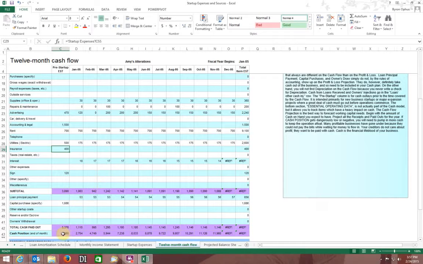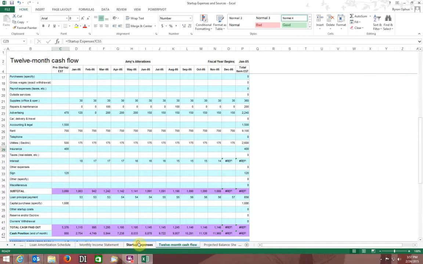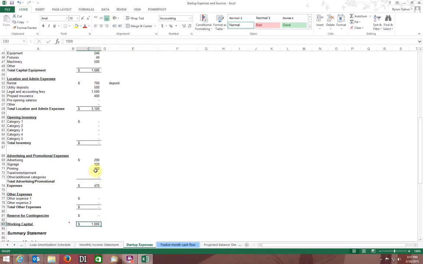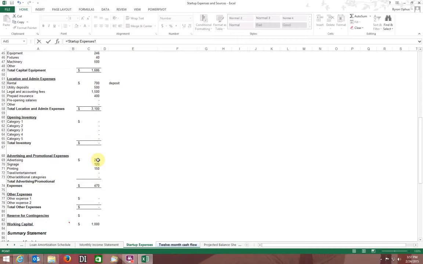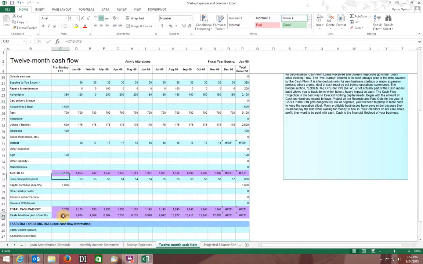Oops, that gets us a little bit closer, except I think that, let's take a look. We're 120 bucks off, and I'm guessing that's probably your sign, because we've probably got your advertising at 470, and that includes the sign. Okay, and so we can either reduce this if we want the sign to be separate, and that's fine. We'll reduce this to $350. I'm sorry, I should link it, because that's what I preach to you guys all the time. So that'll be my advertising here plus my printing. Okay, now this equals $1,000, so I'm a lot more confident here that my startup is correct. Okay,